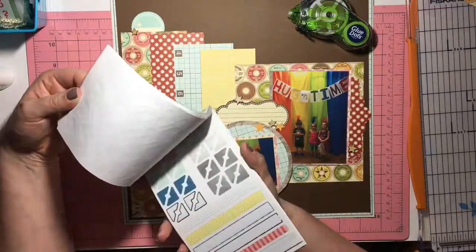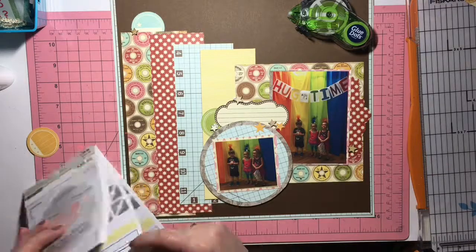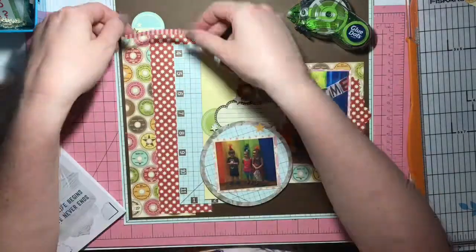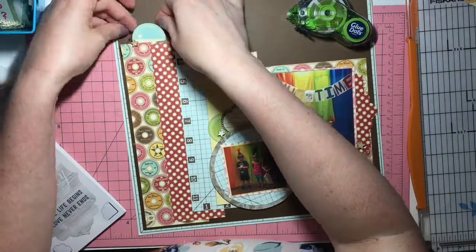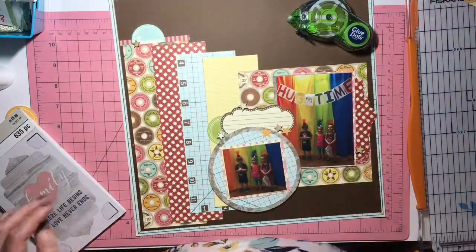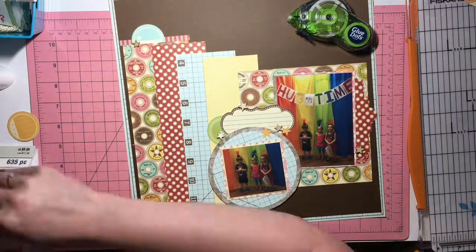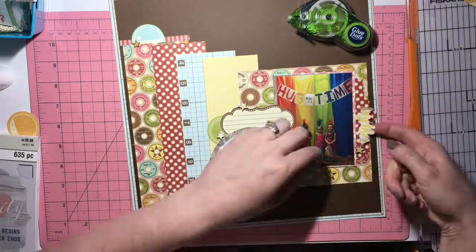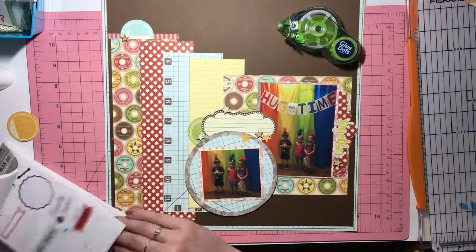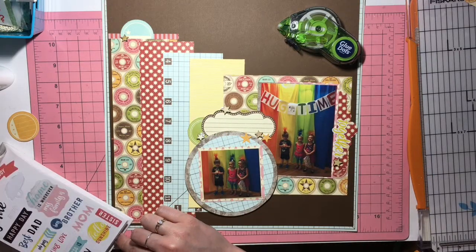The pink paisley sticker book just wasn't the right colors, and that family one just wasn't the right colors, and I couldn't think of what else to help me out to make this page. I was struggling, and I wasn't going to just rip it apart, but I wasn't liking it,